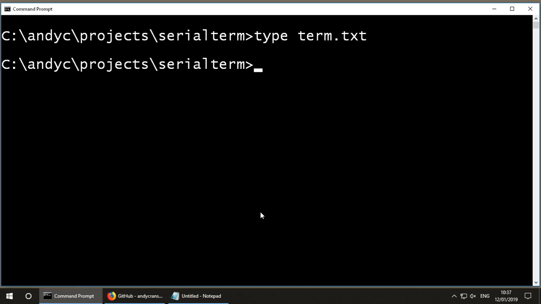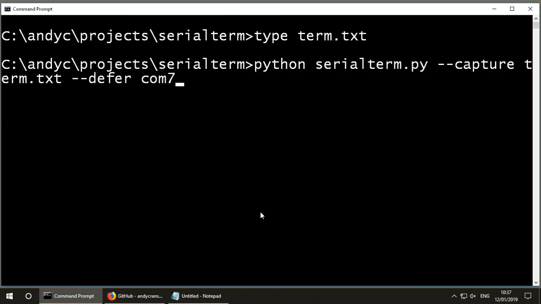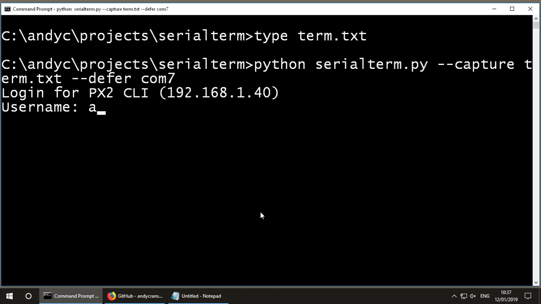That's because the defer option says start the capture, it'll open up the capture file name, but it won't start logging into the file immediately. It'll wait. So that doesn't sound or look very useful until we combine it with some